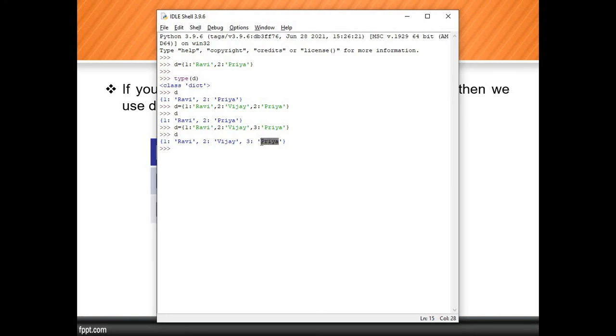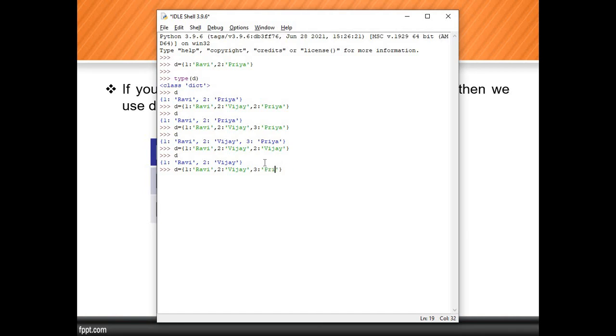Okay, so duplicates values are allowed. Let's check about that. Does it support duplicate value? Let's check about that. So here I will use Vijay. So Vijay is a duplicate value. So there is no problem. We successfully stored that. यहाँ प्रॉब्लम फिर से क्रिएट हो चुका है. Why? Because the key was same.